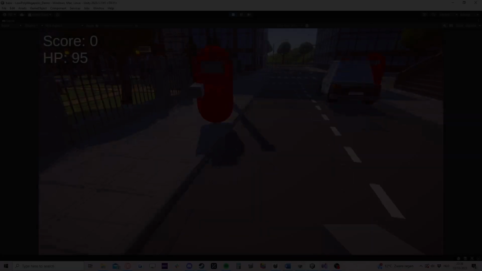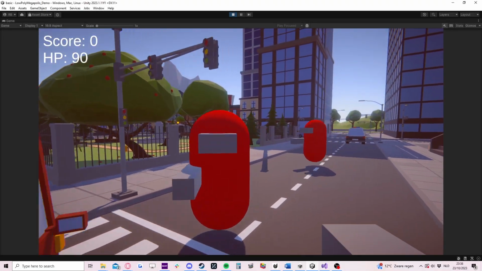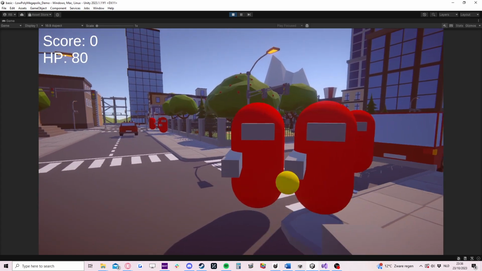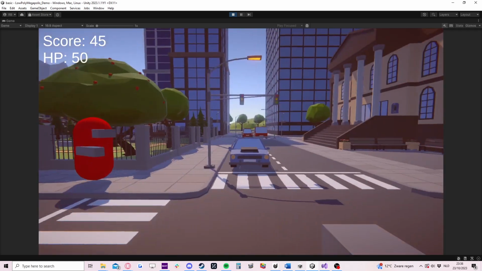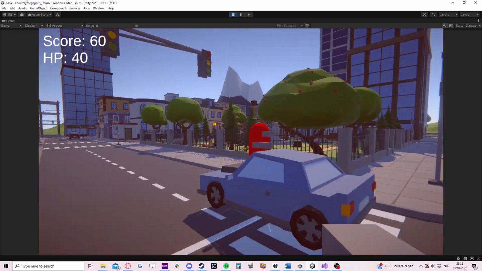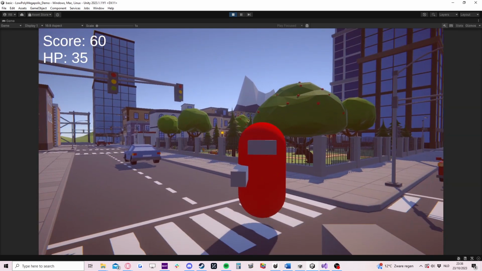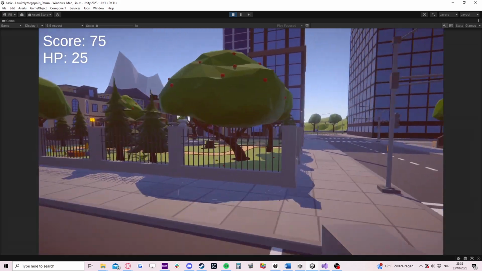simple shooter game. It will give you a head start in creating your very own complex shooter, but for now we will stick to the basics. For this tutorial, we will be creating a very simple game in which the enemies can hit us when they shoot at us. And if they hit us, we will lose some health. We can also hit the enemies, and if we manage to kill them, we will get some points as a